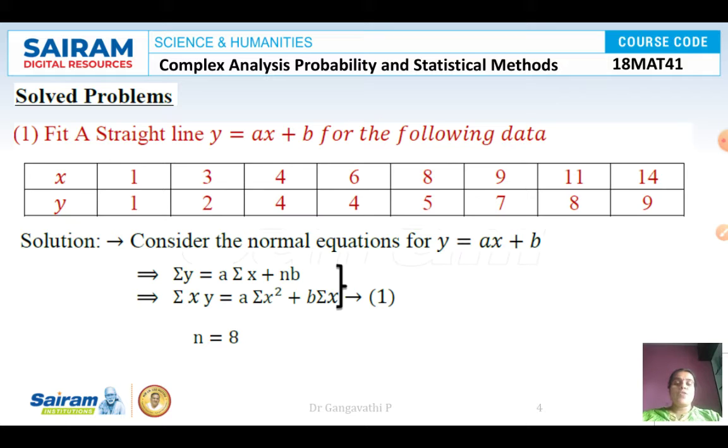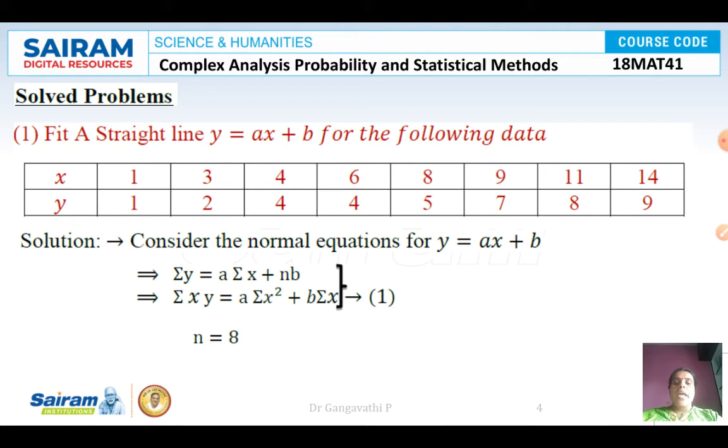And one more thing you have to remember is, in an equation of a straight line, there are two unknowns. One is a and one is b. Therefore, we have to have two normal equations. If we have three unknowns like a, b and c, then you will have three normal equations. So first we haven't multiplied anything. Next in the second equation we have multiplied by x. And next, if at all you want to find one more normal equation, then you have to multiply x square throughout. So that we will study in the later stage. So you have to remember, since there are two unknowns, there should be two equations to find the unknown values.